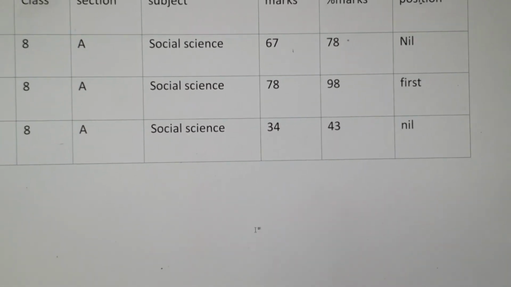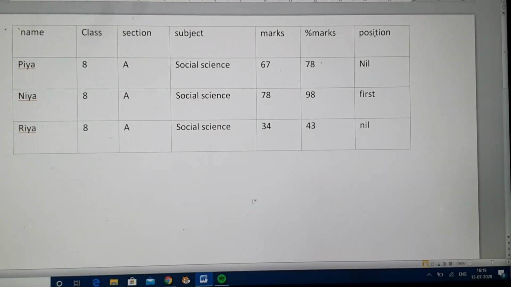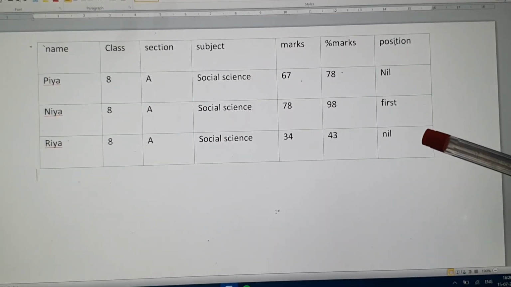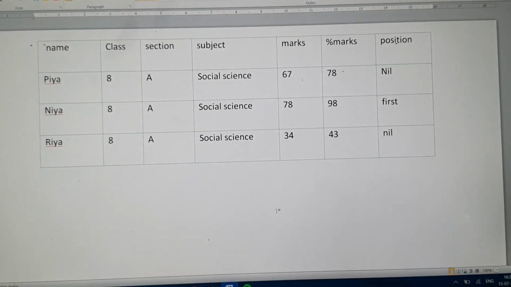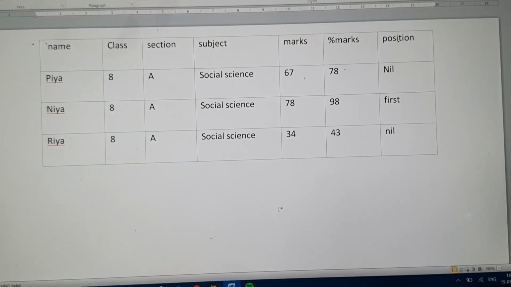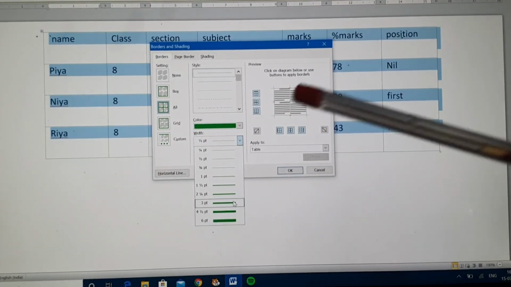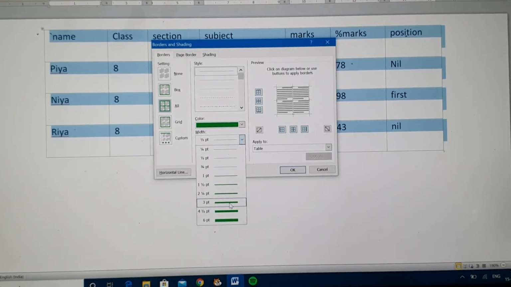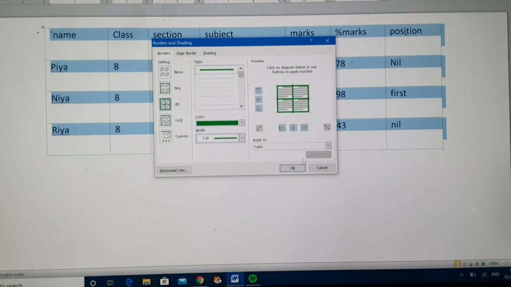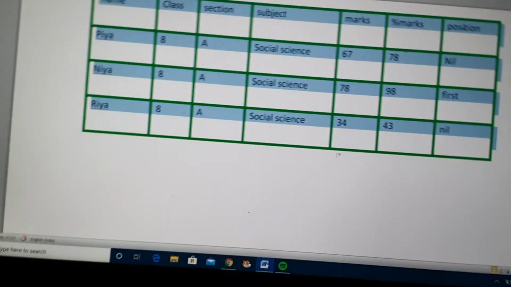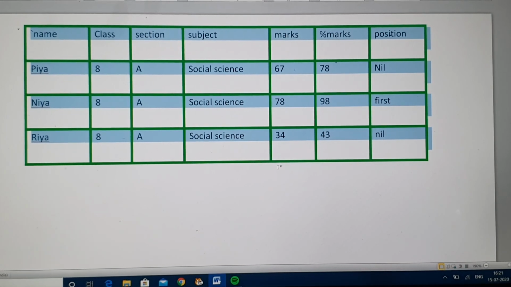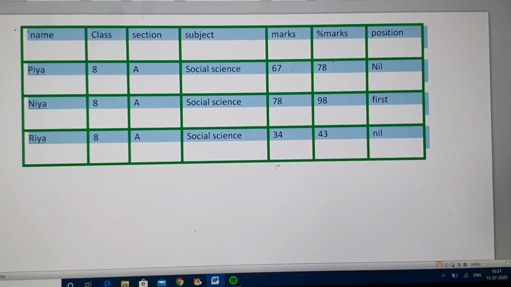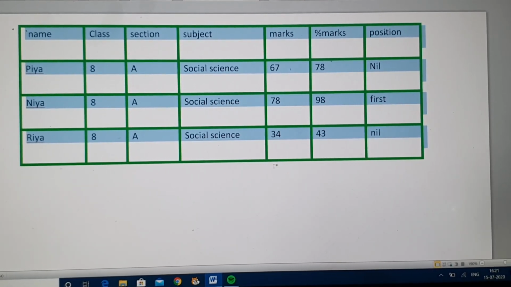Color of the table has been changed from black to green. In this picture we can see the color is not clear, so we are going to change the width of the line so that color can be clear. See, I am changing the width of the line so that color can be visible to us. I am just going to make it 3 point. Just going to press OK. Now we can see the table. Yes, the table का color change हो चुका है into green color. In this way we can apply borders to our table.